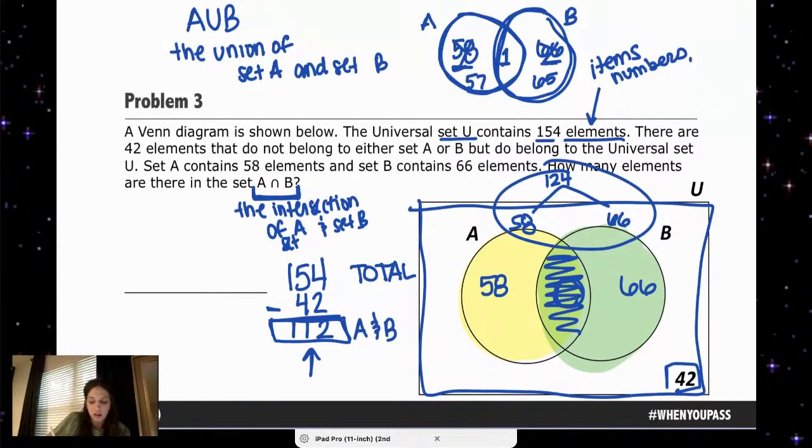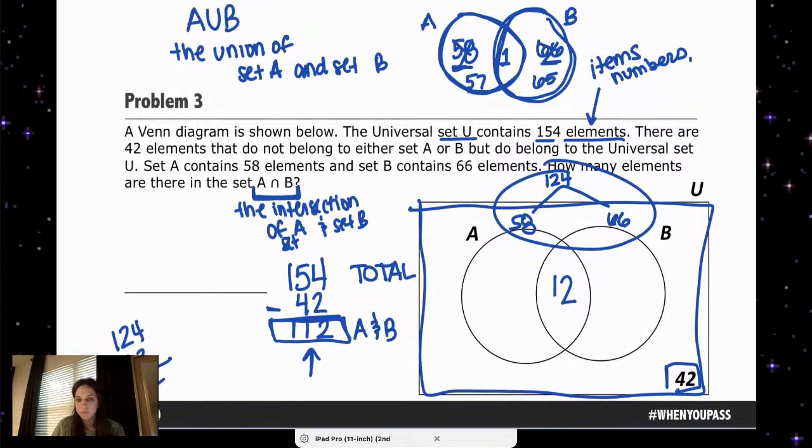Well, I need to figure out what that difference is. So 124 minus 112 is going to give me 12. So that right there tells me that instead of 58 and 66, they share 12 items,